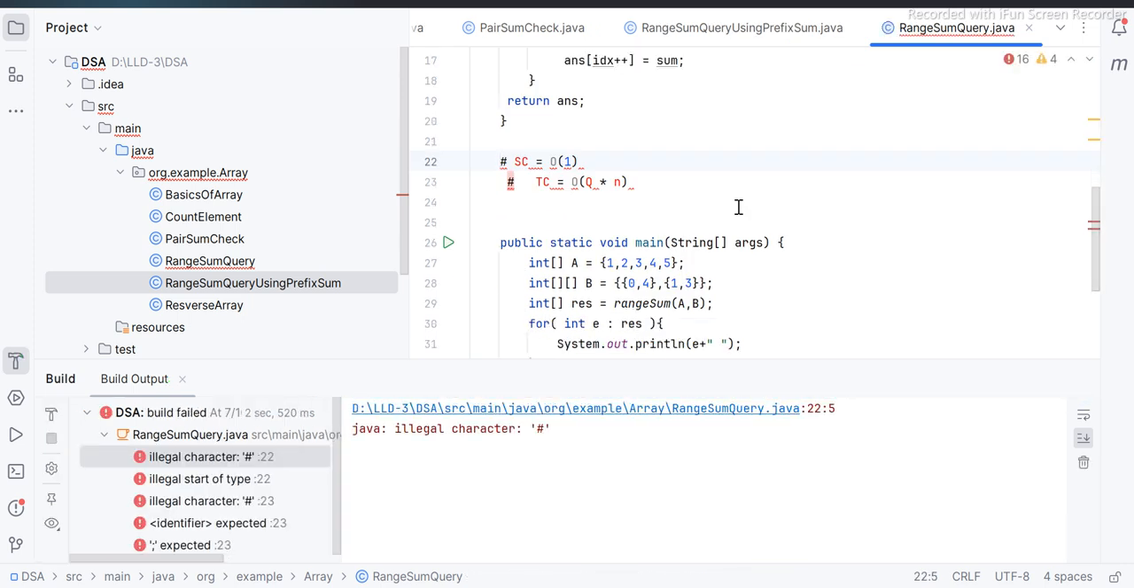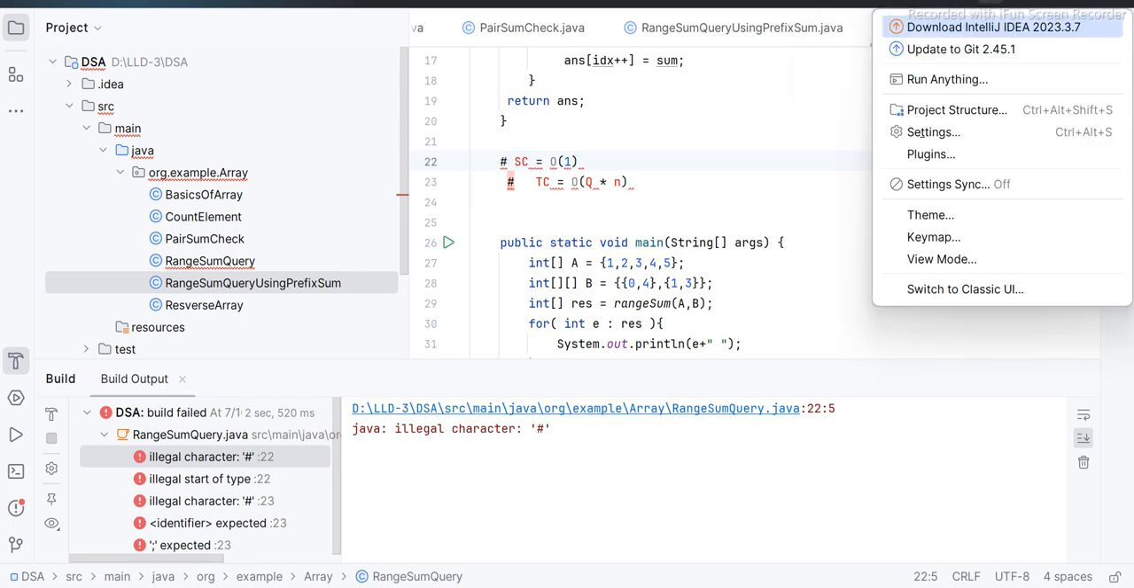Why is it creating some problem? Range sum query, okay, I don't really need this range sum query. Why am I not able to? Okay, give me a second, guys. Okay, right,